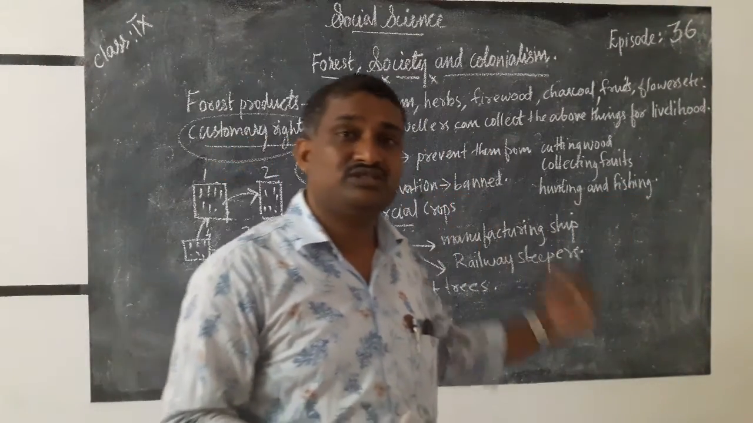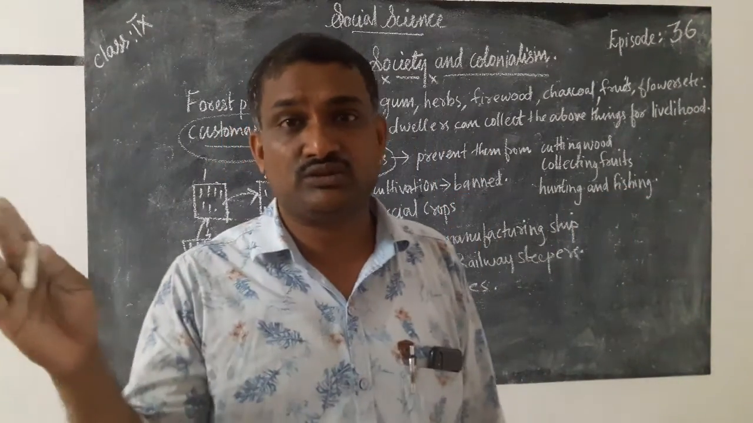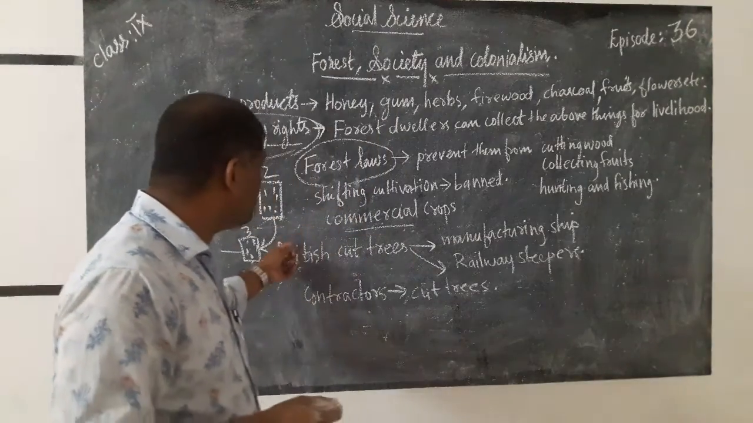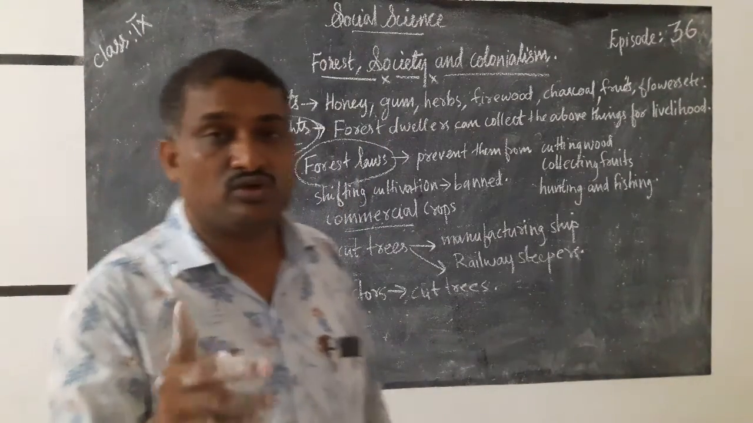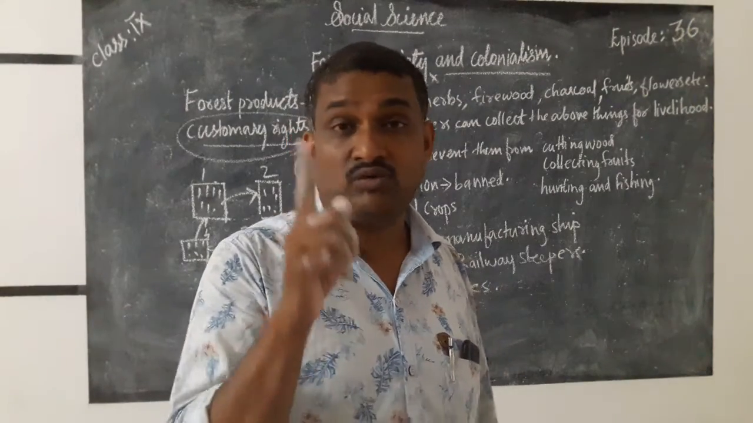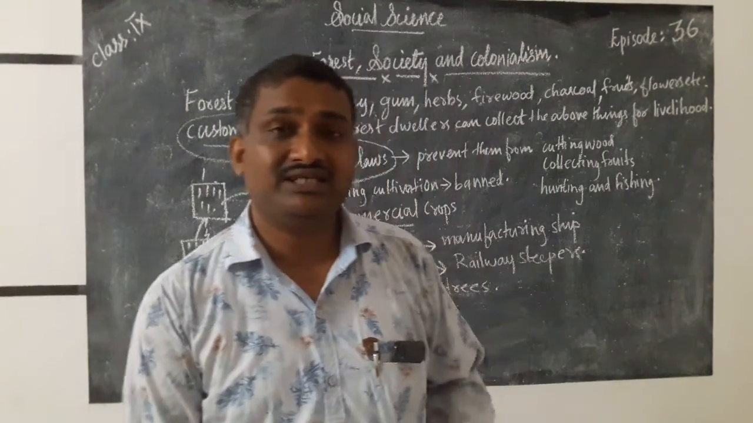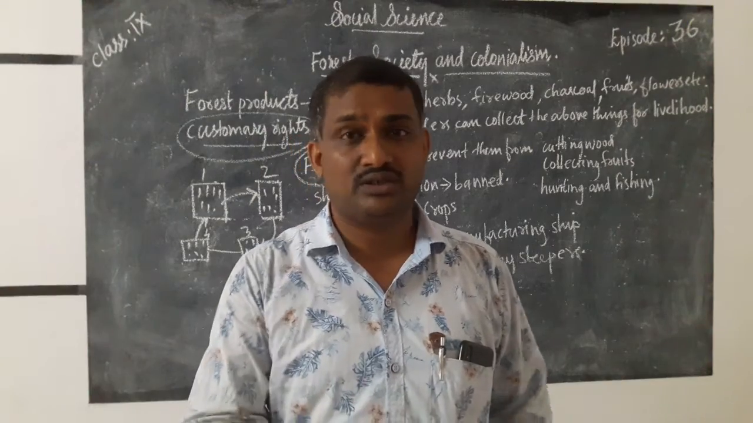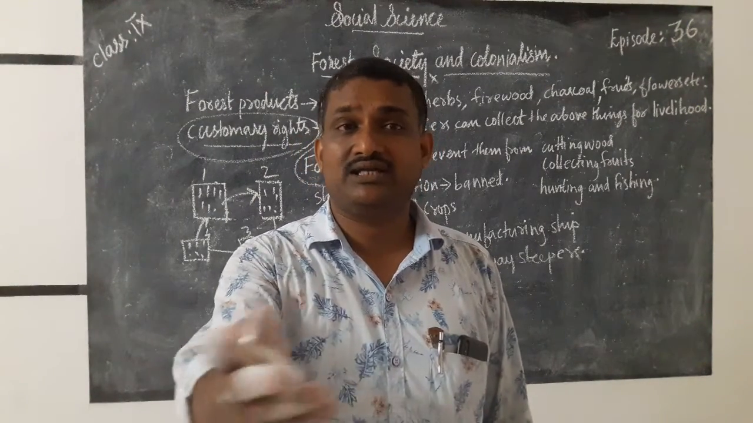And due to the policies of the Britishers, when they started commercial crops, that destroyed these food crops. You know that one more thing I want to tell, that when they started this jute, wheat, jute and this